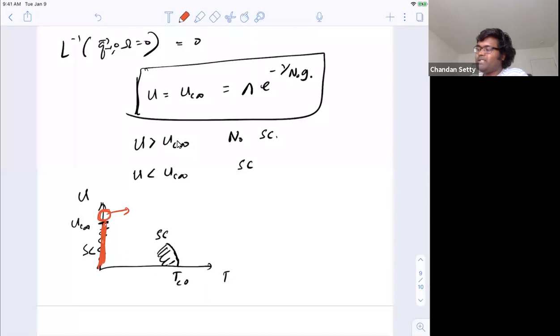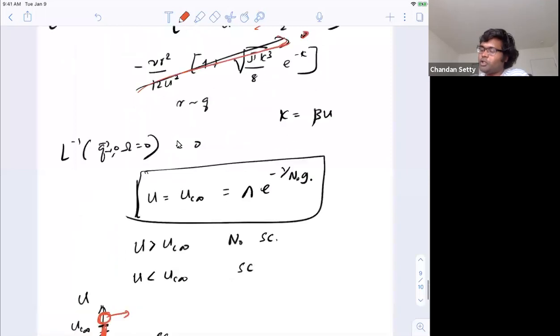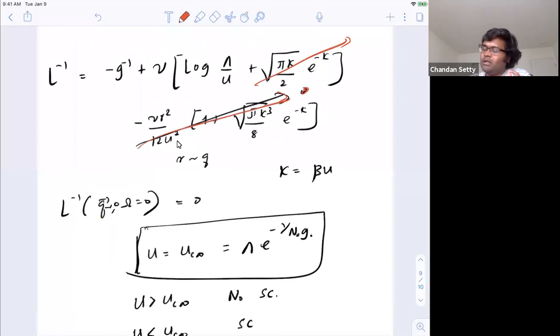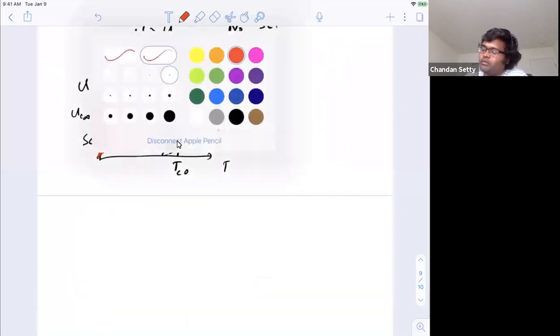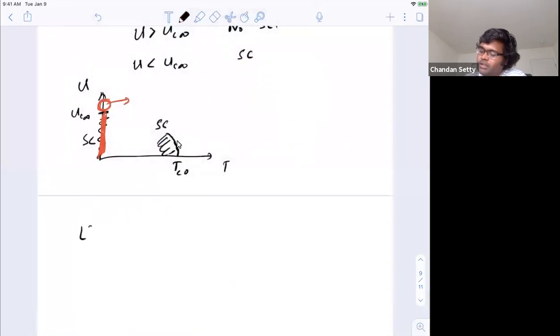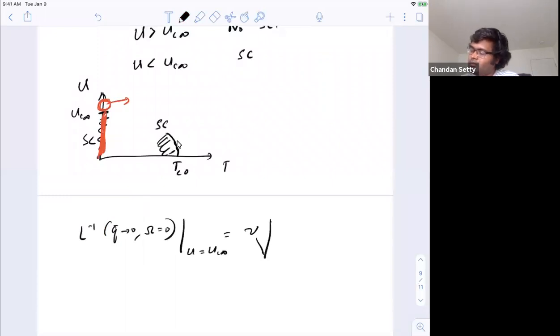Okay, one simple thing I can do right now is look at what happens to this fluctuation propagator at finite but low temperatures and at U equal to UC infinity. So that is, I'm looking at L inverse, Q tends to 0, at U equal to UC infinity. And what I find is some expression